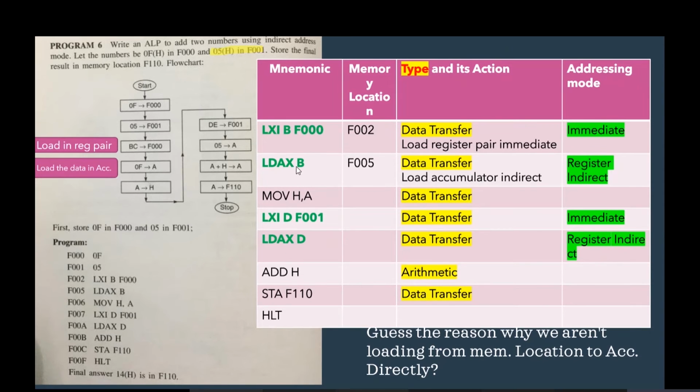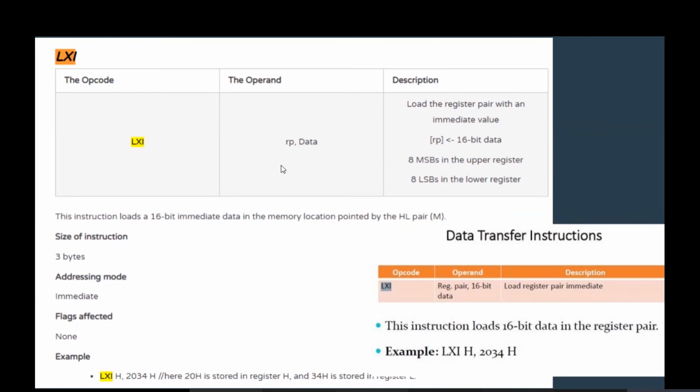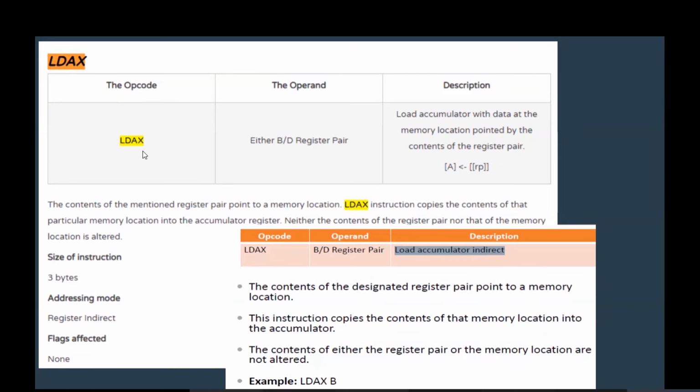Now LDAX B. What is this? This is a very interesting instruction. As you can see, the addressing mode is register indirect. What do I mean by that? That means we are going to load into the accumulator not the contents of the register pair. No, we are not going to put the contents of the register pair in the accumulator.